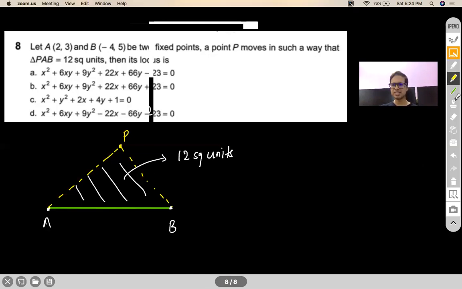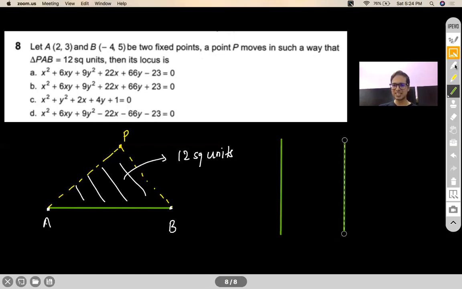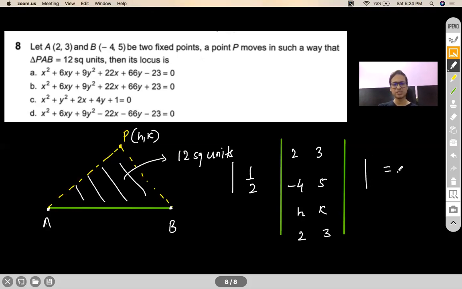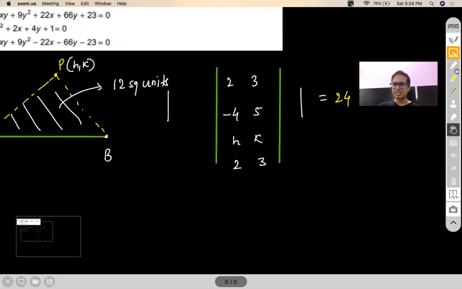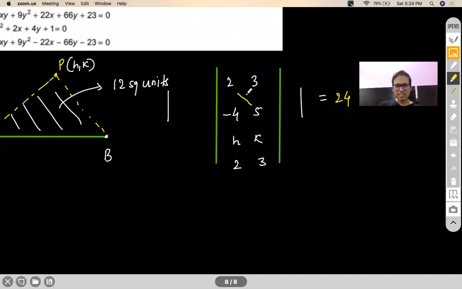So what does the staircase formula say? Remember I had given you a symbol like this and you know how to read the symbol also. So let's say I call this h comma k. This is a method to evaluate the area of a triangle when you know its vertices. So the mod of this is given to us as 12. First of all, I'll take this 2 on the other side and make it 24. Now let's use our tic-tac-toe formula, or staircase formula, whatever you want to name it.